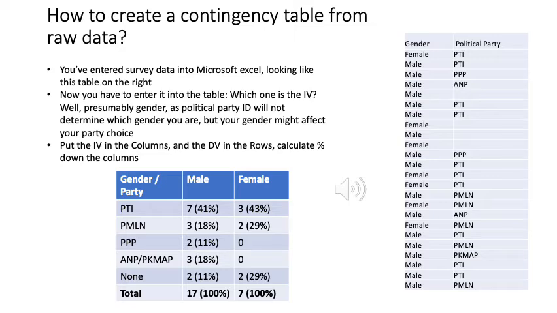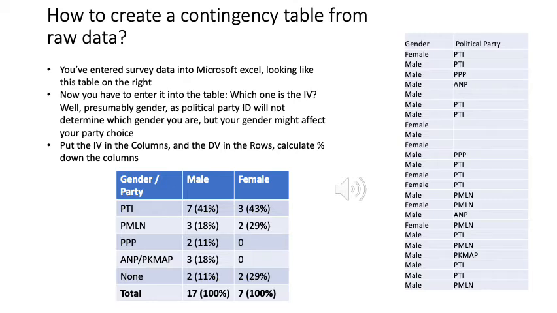First of all, you have to decide which one is the independent variable, which one is the dependent variable. Well, presumably gender is going to be the independent variable. It seems unlikely that political party ID will determine which gender you are. But gender might have an effect on which party you like. All right, so you know that independent variable has to go in the columns and the dependent variable has to go in the rows. So you create enough rows and columns for each value of the independent and dependent variables,